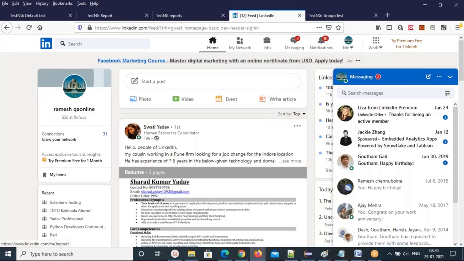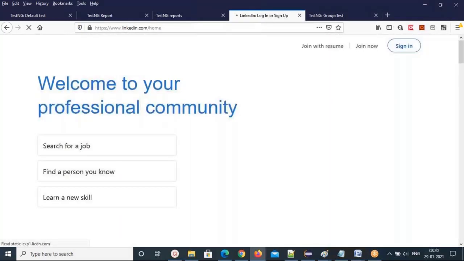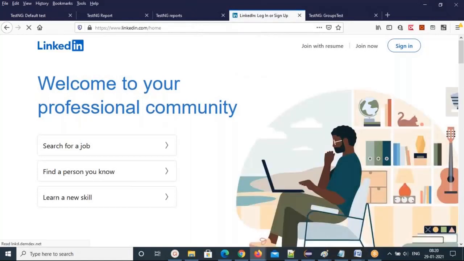So these are the three test cases. So we need to do a sign out. When you sign out, you are landing on the home page again. So these are the three test cases we are going to do: one is home page, second one is a login test, third one is a sign out.